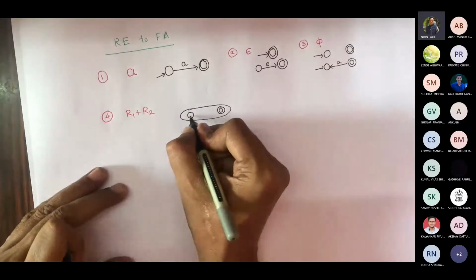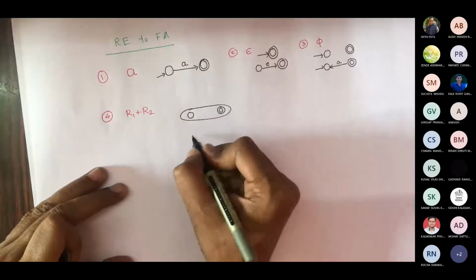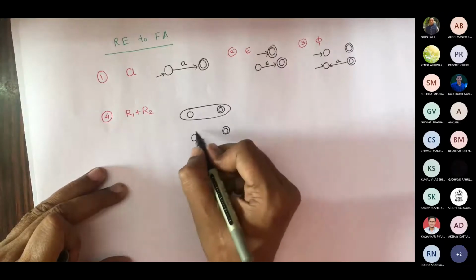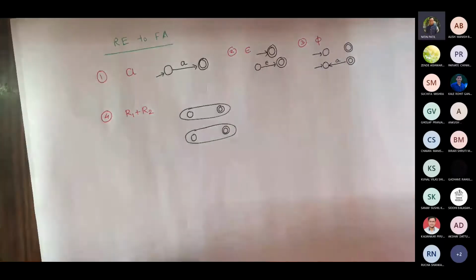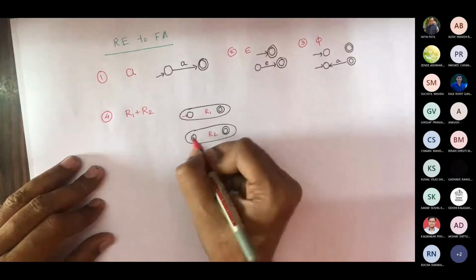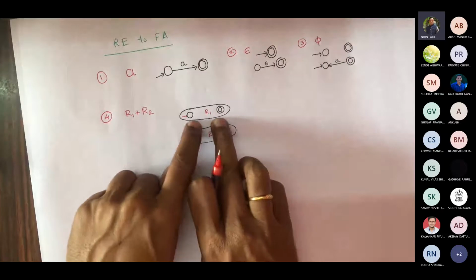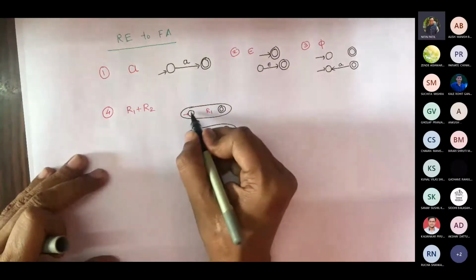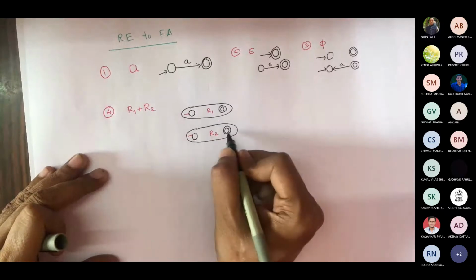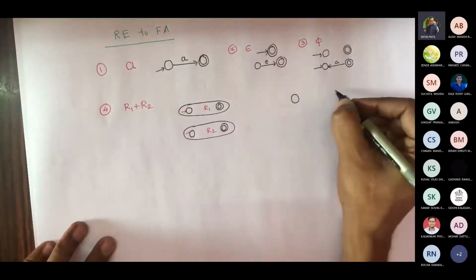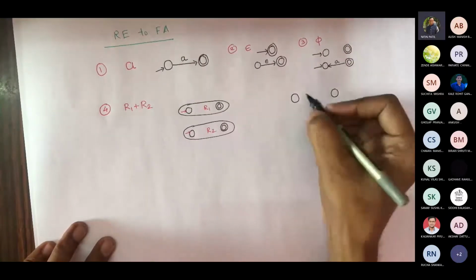So this is the initial state of R1. This is the final state of R2. This is for R2. These are the two regular expressions given to me. This is R1. This is R2. This is initial. I'm not drawing any transition here. It could be any combination, correct? Fine. So how exactly do you work with this? Think of this. Let us assume this is Q0, Q1, Q0 dash, Q1 dash. So what you do is you add it here. This is your R1.